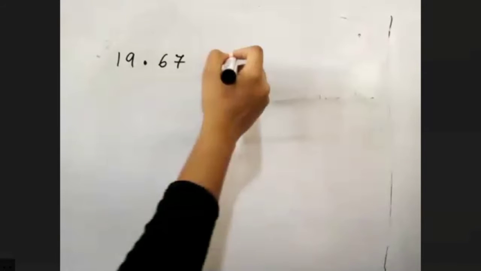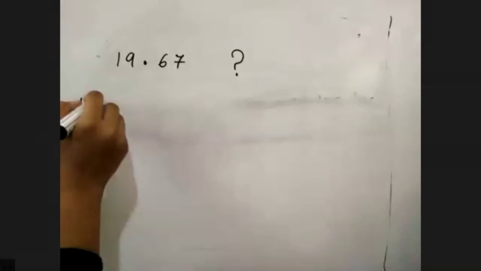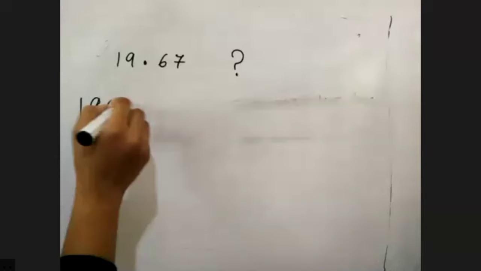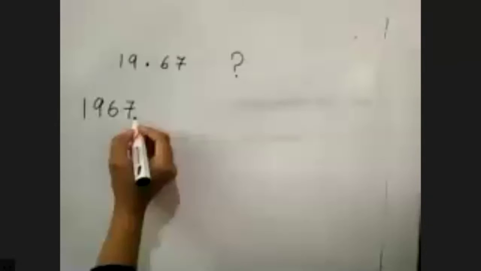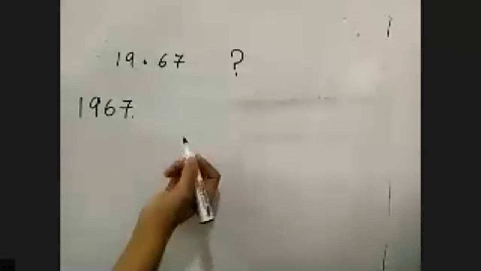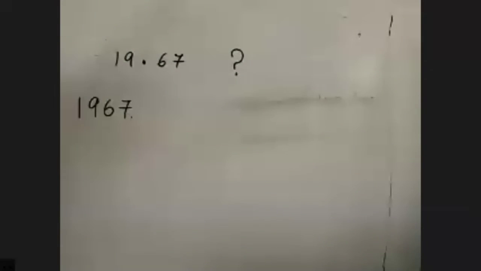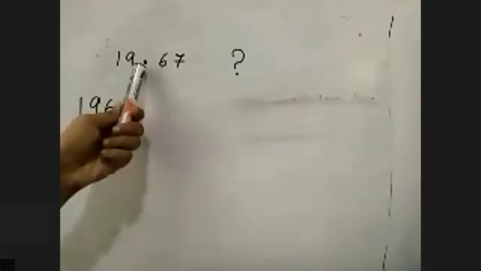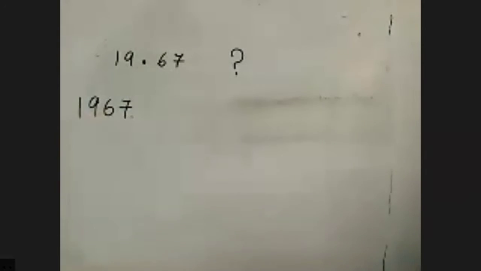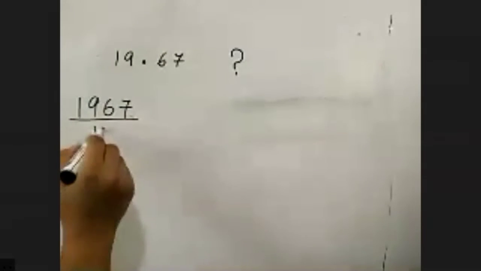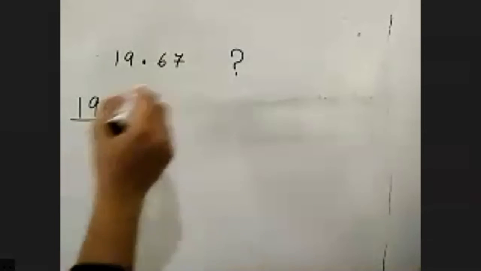How did this number come? Look at this. Without the decimal, if I write, you can see usually the real decimal point is behind the number. So it has come twice backward. Twice backward means by what number have they divided this? Here you can see after the decimal point, two digits are there. So I have to divide this by 100. Let's see whether we can get the answer.